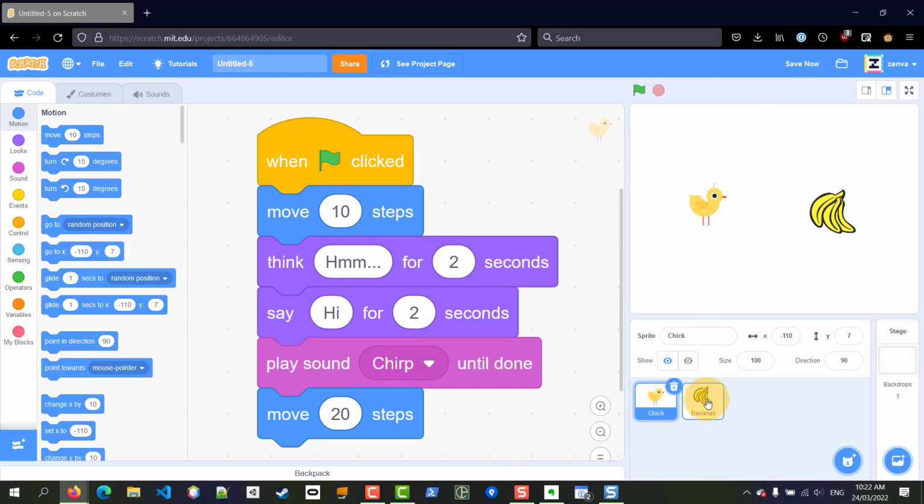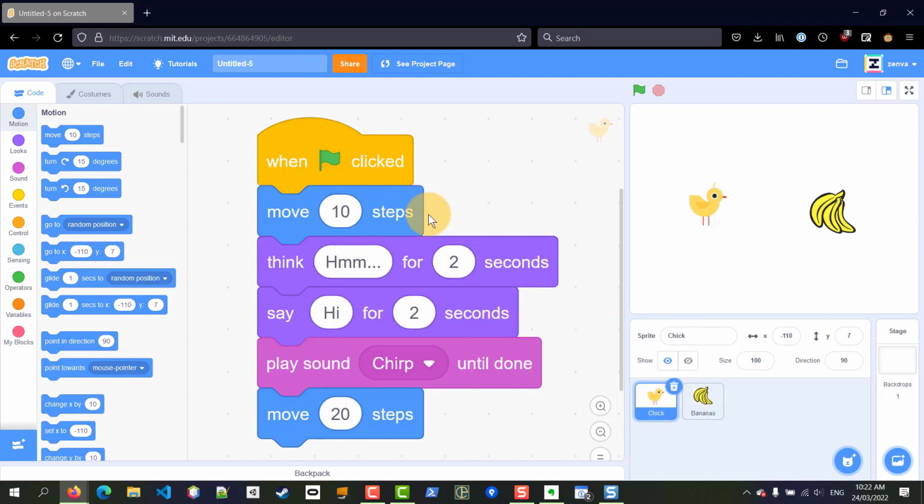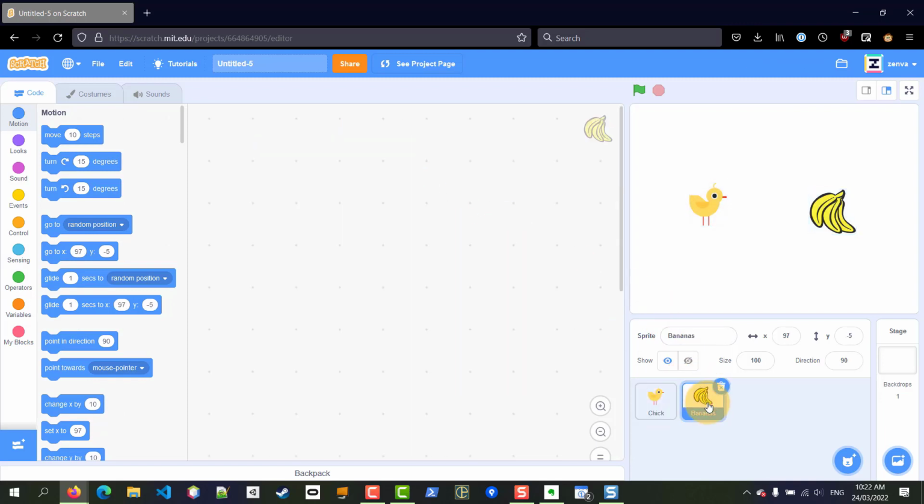So the challenge is to go and add a second sprite. And in that second sprite, we are going to create a new program. That new program should contain 10 blocks in total. To keep it simple, use the same blocks that we have already used with our chicken. However, if you do want a bit of an extra challenge, you can play around with a few of the other blocks. Now, keep in mind that there are a few things here that we haven't covered, so some of the blocks might not fit in, or you might not know at this point in time what they do,